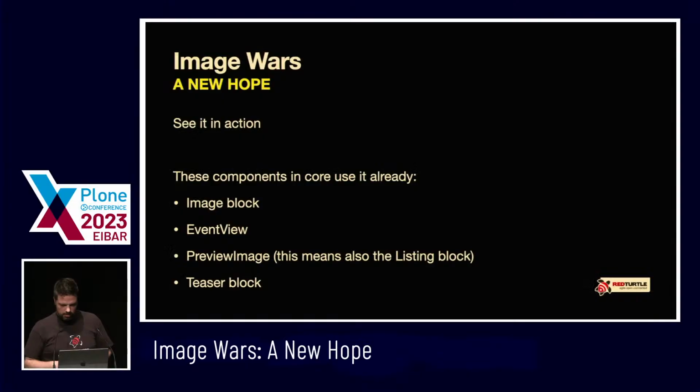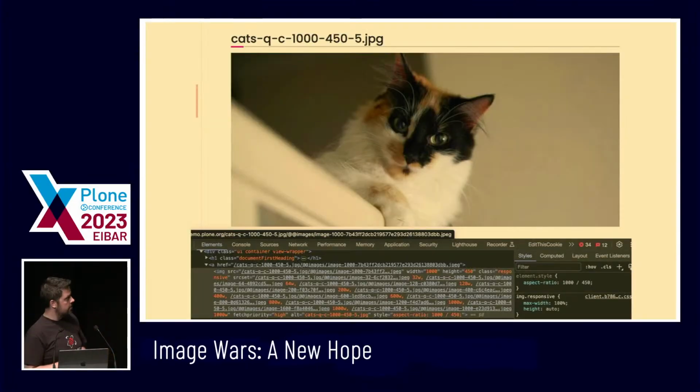So you can already see it in action. Since it was released in Core Volto, it was also used in Core Volto. This is just a sample of components that use it in Core Volto, which is the image block, the event view, but not just that. The preview image component, which is the one that's used, for example, in the listing block or the teaser block. The image content type view, etc. And I have an example here,